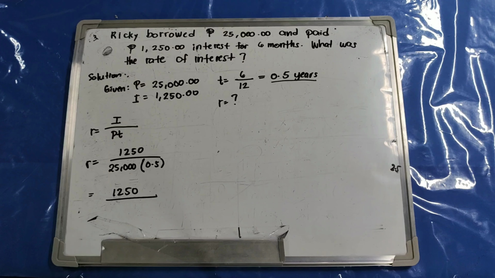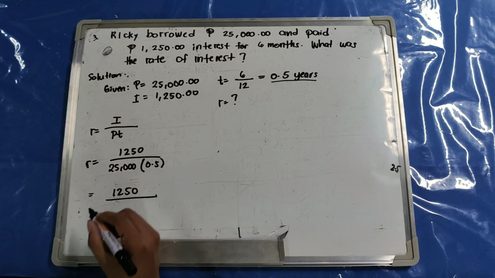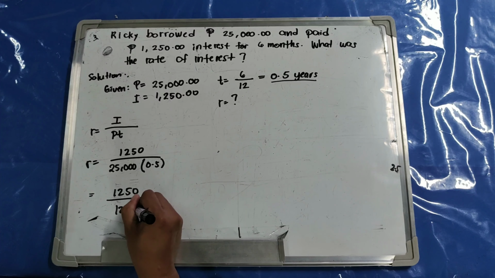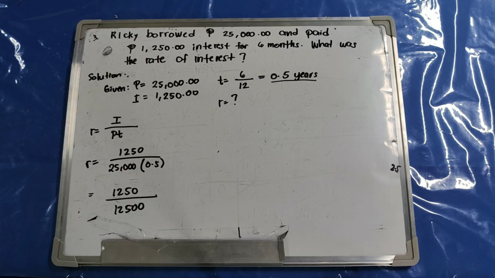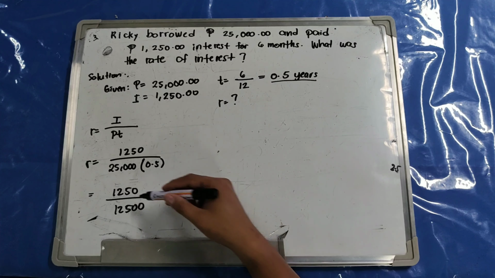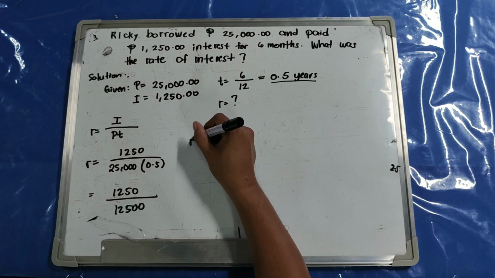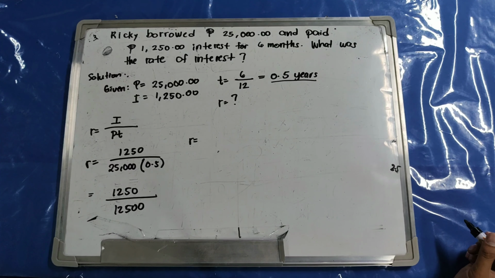Then use your calculator, class, for you not to be confused and to solve the problem easily. So 25,000 times 0.5 is 12,500. So 12,500 and divide it. So our R, 1,250 divided by 12,500 is